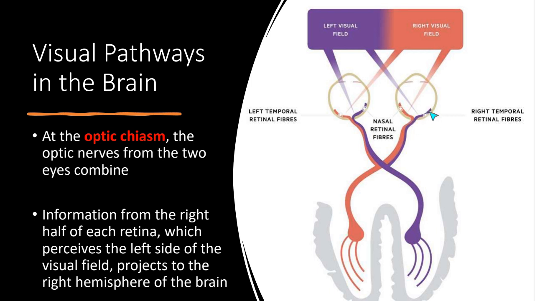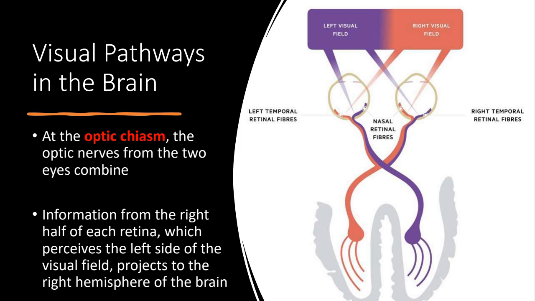So when we're talking about the left visual field, that input is coming from the nasal region of the retina in the left eye and the temporal region of the retina in the right eye, and vice versa. So if we look at the right visual field, we are getting information from the right nasal region of the retina of the right eye. And we're also getting information from the left temporal region of the retina in the left eye. So what this means, we've got information from the right half of each retina